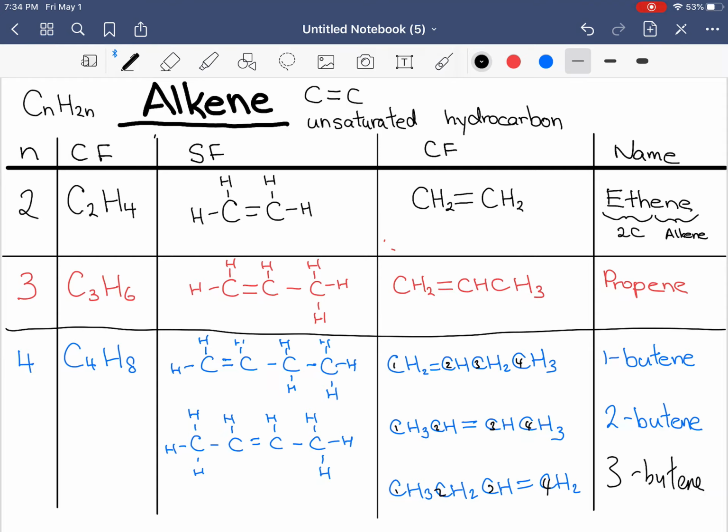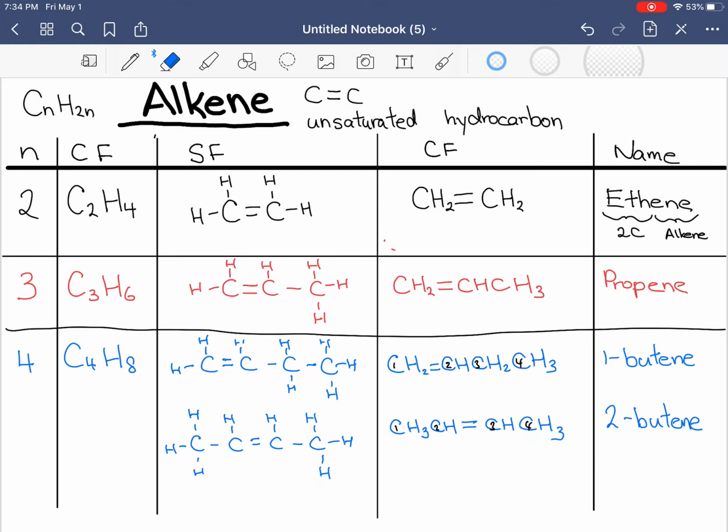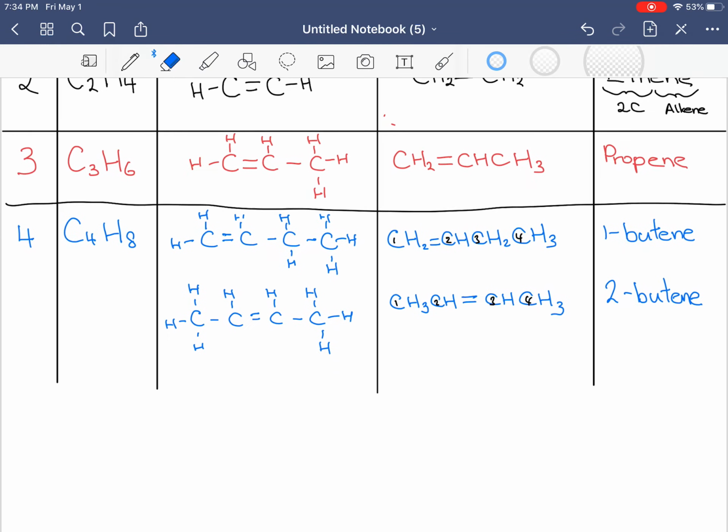Right? I don't think so. If you flip this around, right? If you flip this around, it looks just like this. There's no such thing. Right? You can renumber this way, and it will only be 1-butene. So forget about it. So there's 1-butene, 2-butene. Now, is that it? I mean, 2 isomers? No,